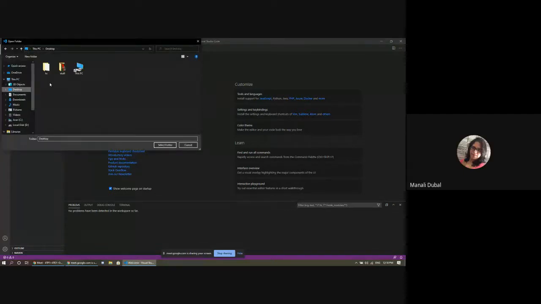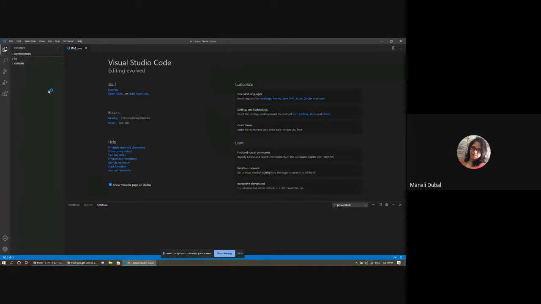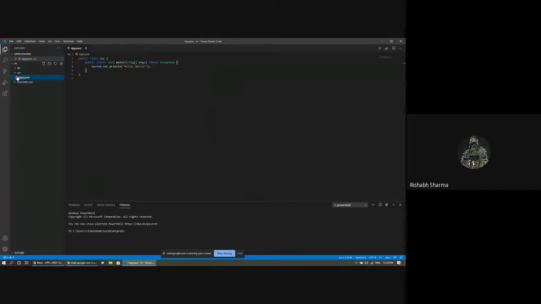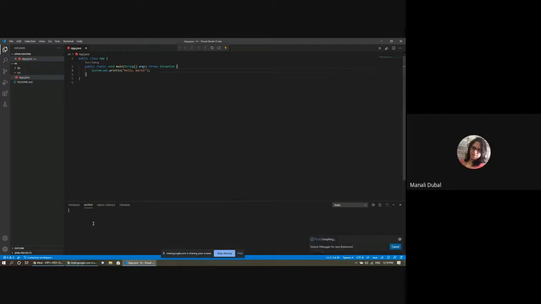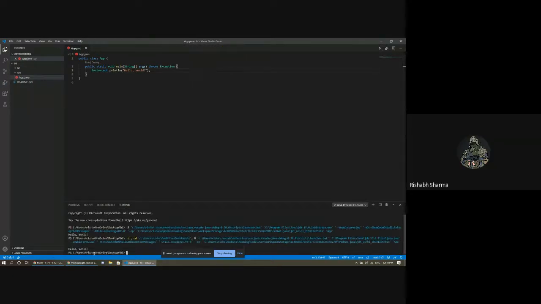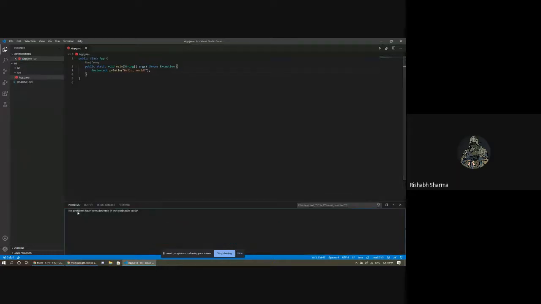for example, this folder, the Java project, if I open it, and there is this symbol, I don't know what it is. When I run it, it shows no error. It works and gives an output also. It is not showing any problem, but there is this symbol. I don't know what it is about.